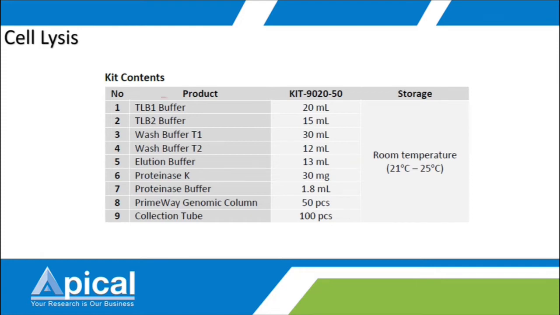There are two lysis buffers if you look into the protocol, and some of the sample types can be lysed using one of the buffers, but there are also some that need both lysis buffers. Okay, so upon the lysis step,